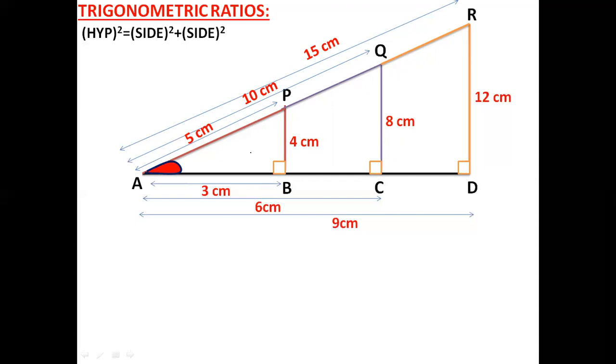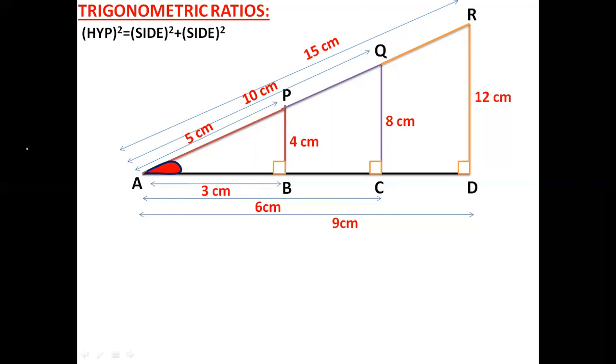Already you learned in similar triangles. I think that chapter is going on in online classes. In that chapter, one concept is there: when we say two triangles are similar triangles, if three angles in two triangles are equal, then those two triangles are called similar triangles. That is learned in similar triangles.